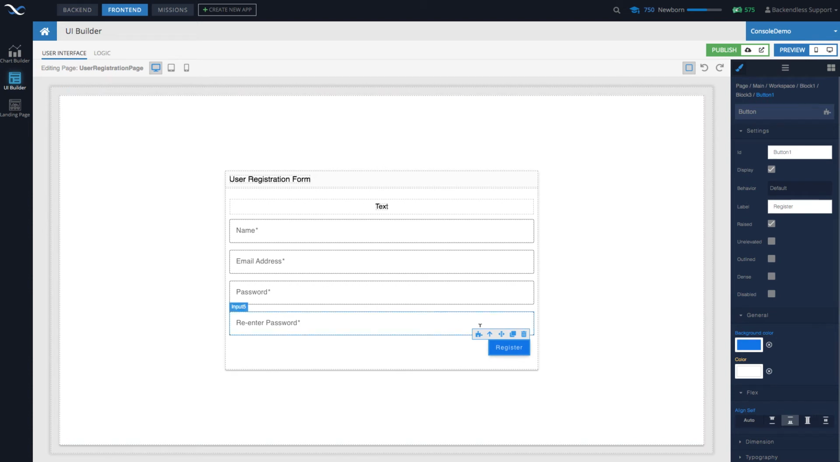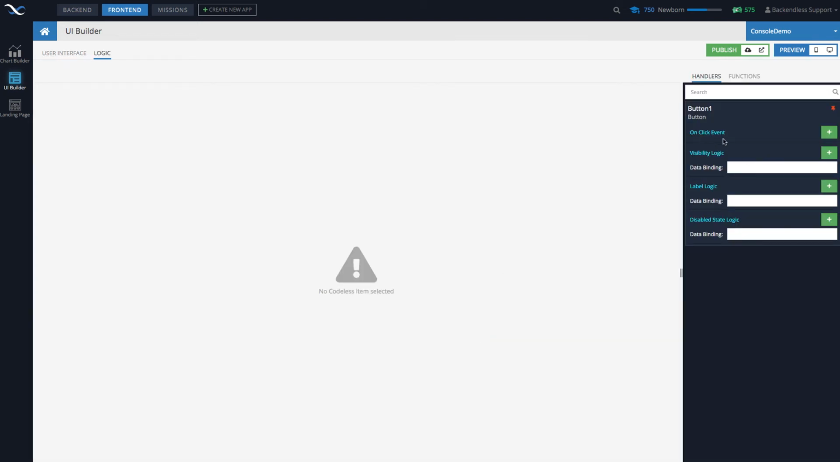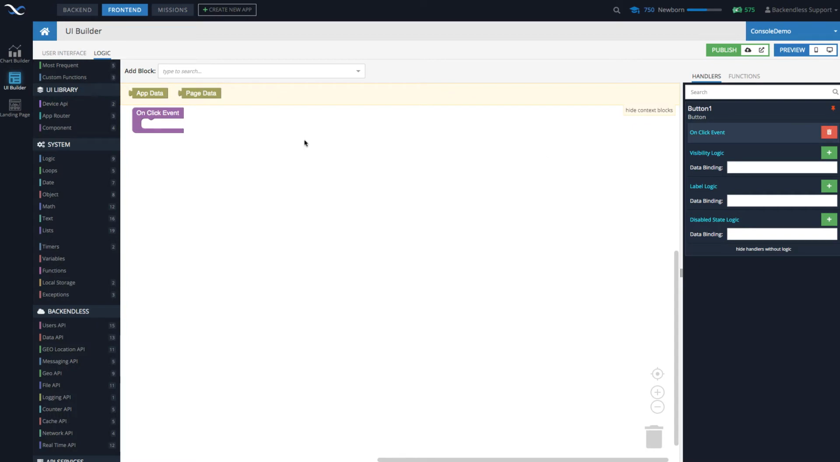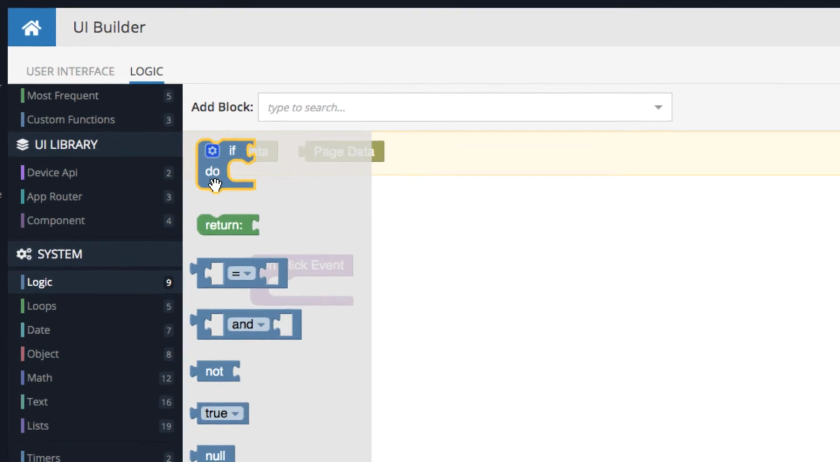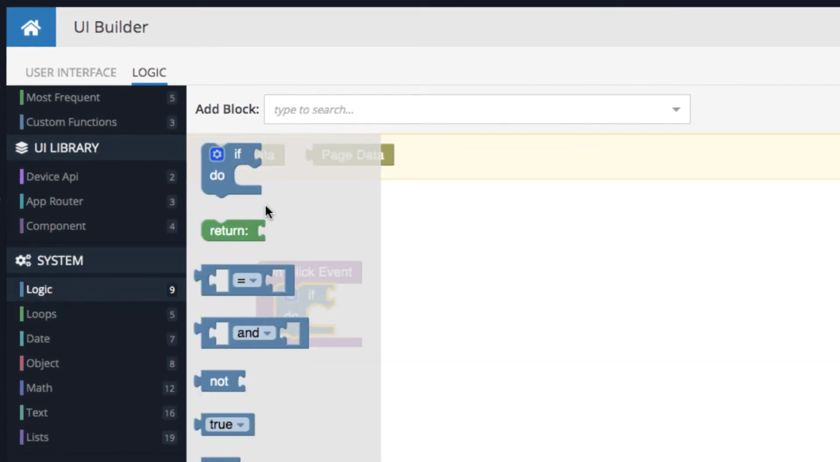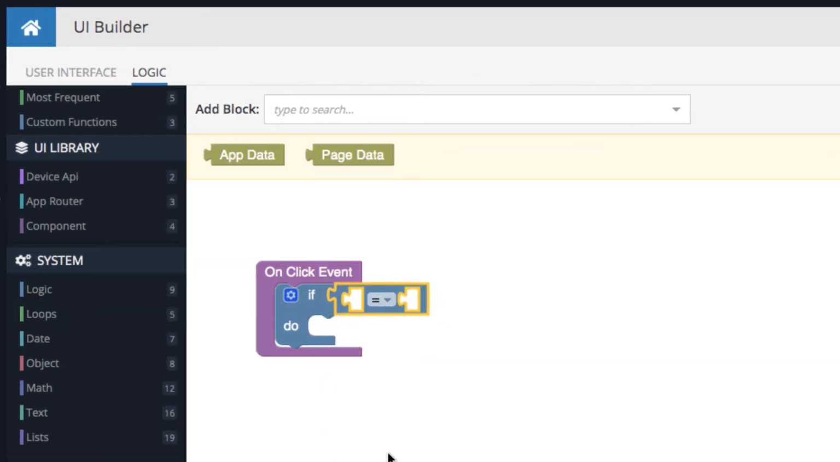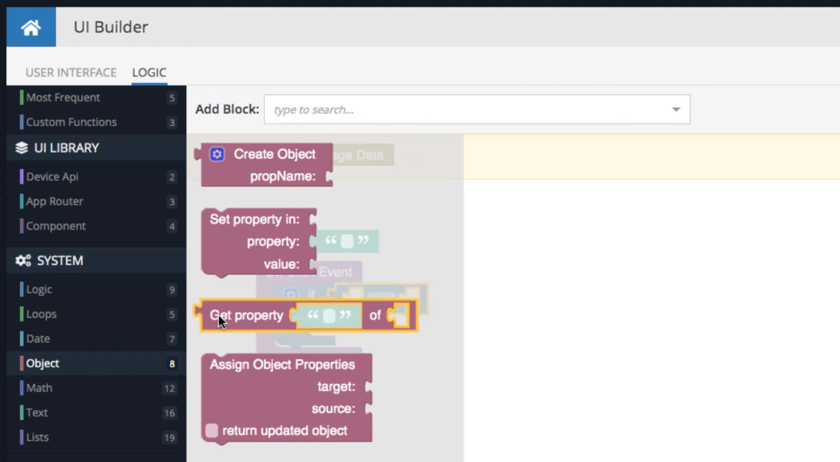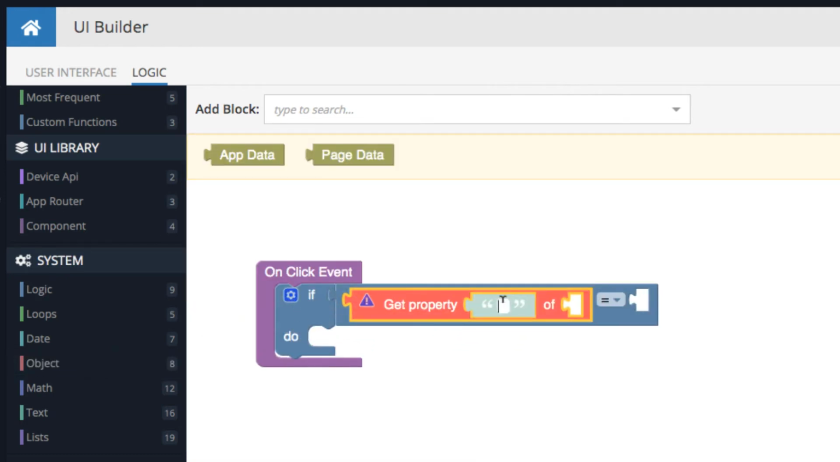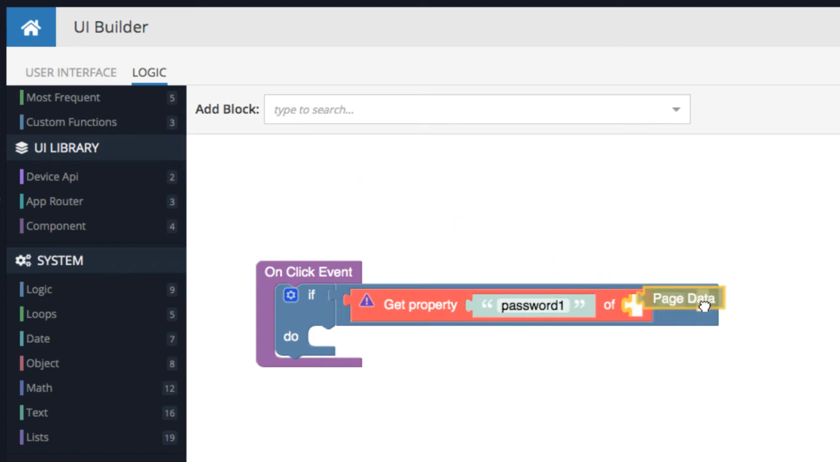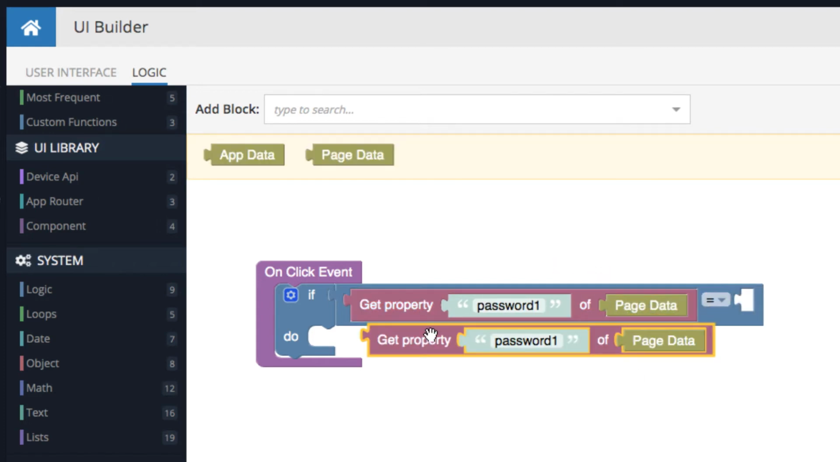Click the register button and then go to the logic. And in here you will see the on-click event. So this will be invoked every time this button is clicked. The very first thing that we should do is to check if the passwords are the same. And for this we add logic, and then in the logic we get the comparison. We will extract password1 from page data, and we'll compare it to password2